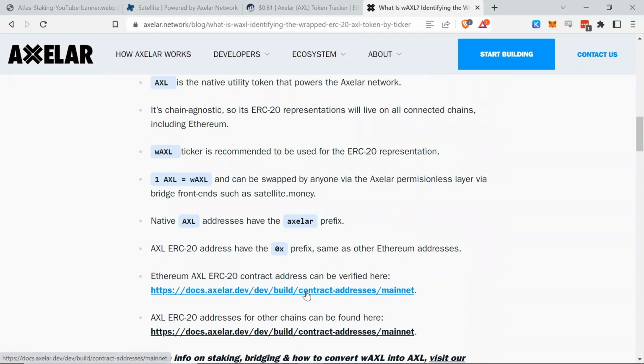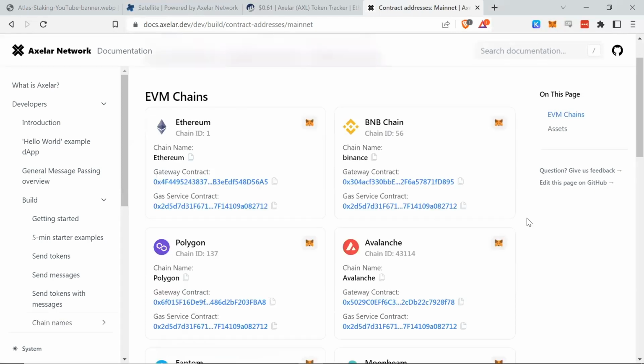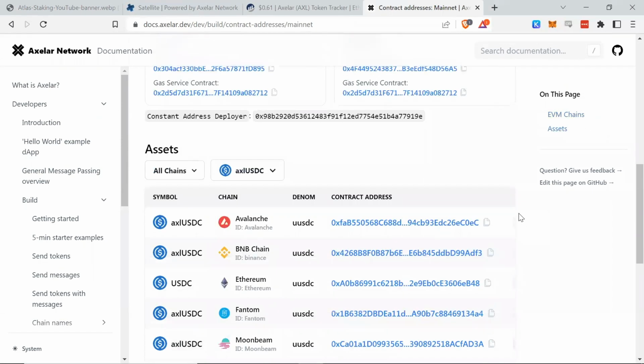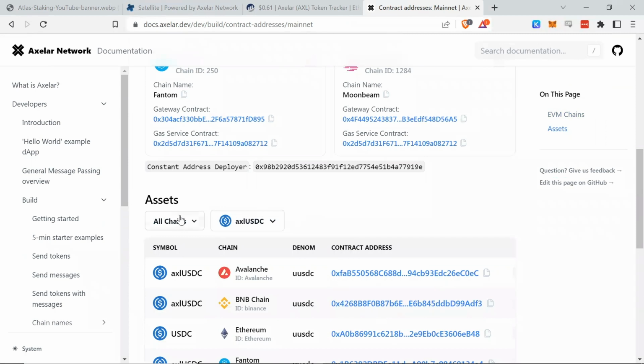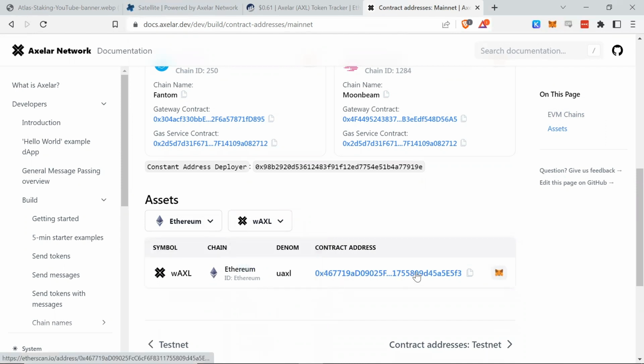So I'm going to click on the docs, and it's going to send me to their contract addresses for the mainnet. And I'm going to scroll all the way down here. This is the easiest way to do it, I find. For assets, you just click Ethereum, and then we want to know the wrapped AXL contract address, and there it is right there. So I'm going to click this little copy button, and I'm going to go up into my